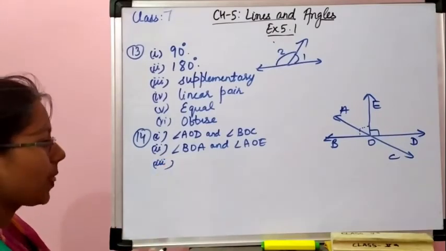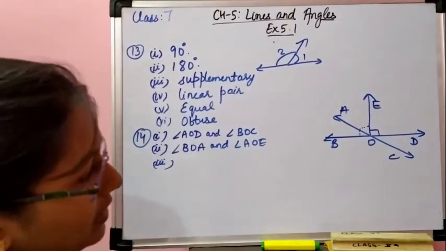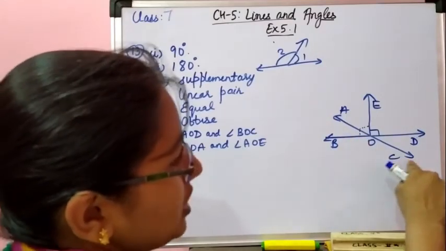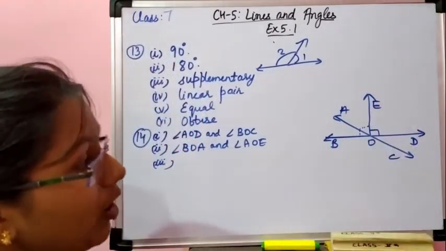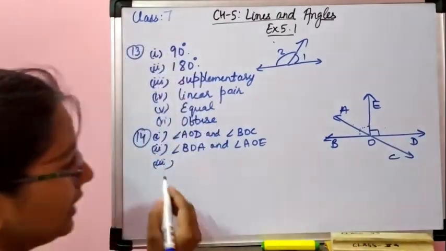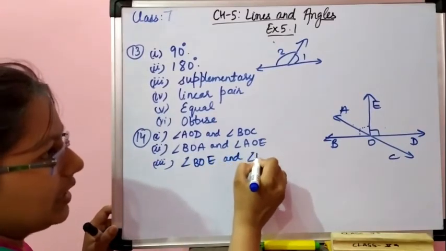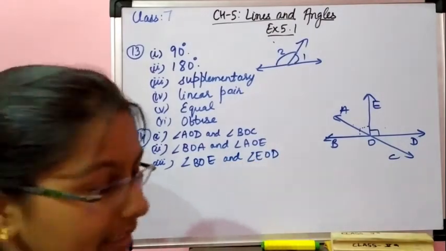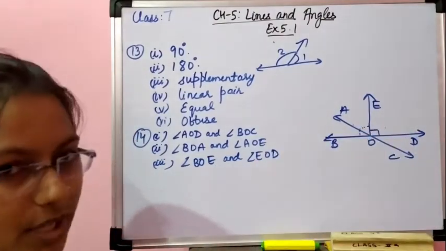Now next one, equal supplementary angles चाहिए हमें, ठीक है, और equal भी होने चाहिए. तो supplementary एक तो BOC और COD मिलके बना रहे हैं और एक BOE और EOD मिलके बना रहे हैं और वो दोनों equal भी होने चाहिए. So we have seen that this is 90 degrees and this is also 90 degrees. So angle BOE and angle EOD are equal because both are 90 degrees, and they are supplementary also because they are lying on a line and the sum of them is 180 degrees.